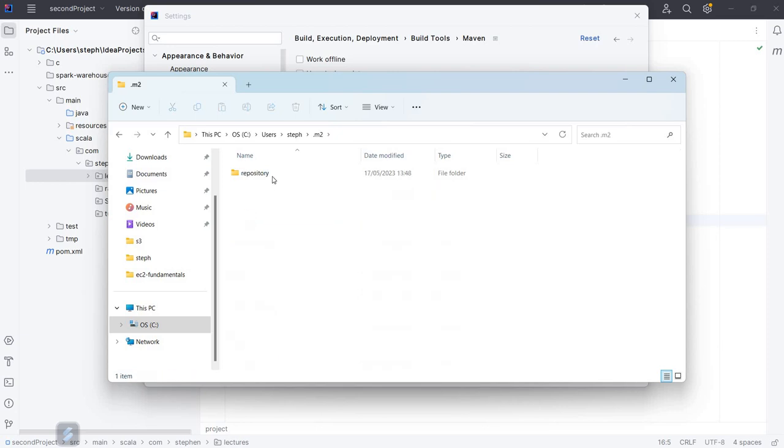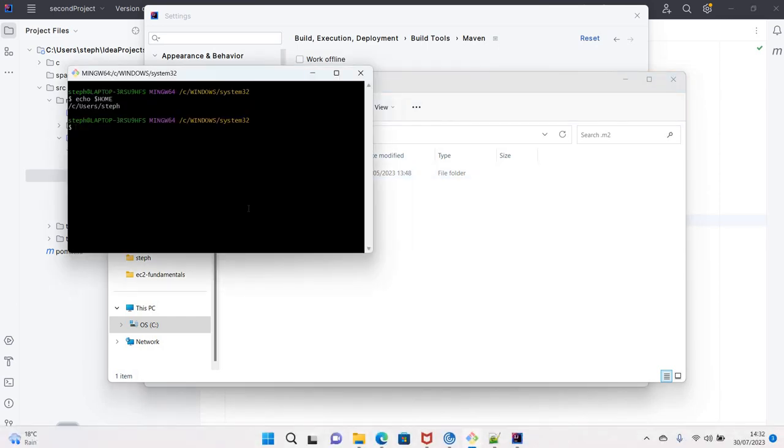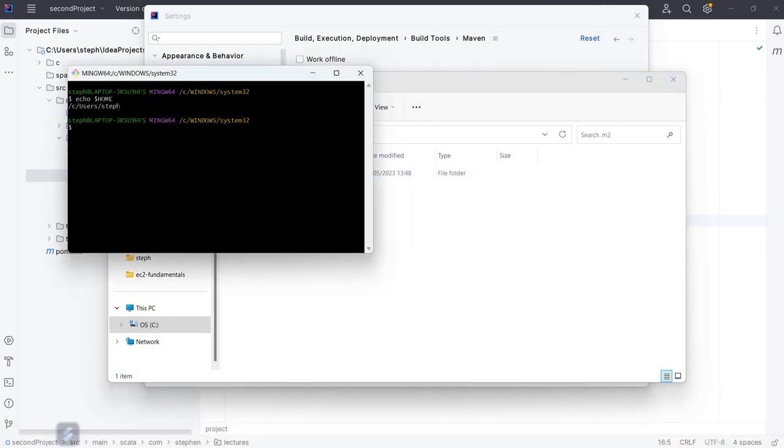If I check here at the moment, there is a repository folder. Just to confirm that, here you can see this is my home directory. This is Git Bash, you can download it online. So I can cd into the home directory,